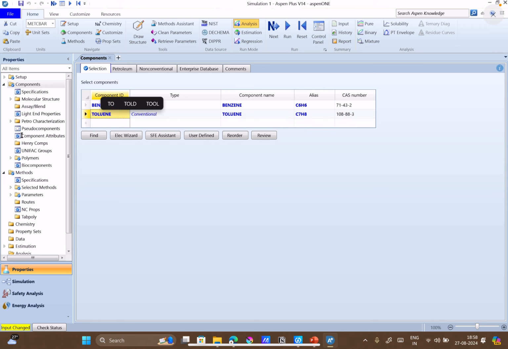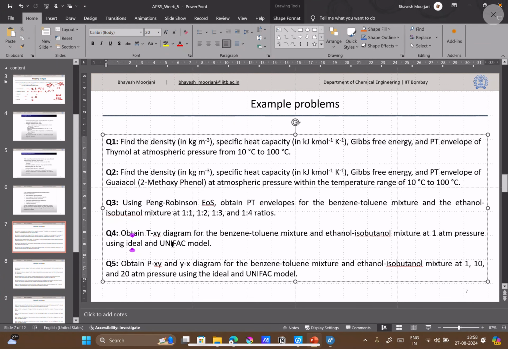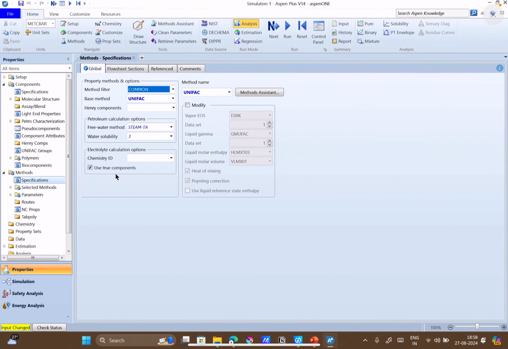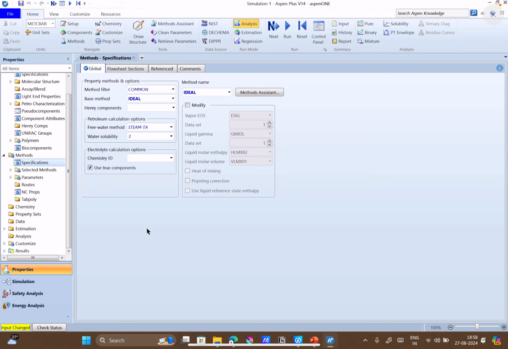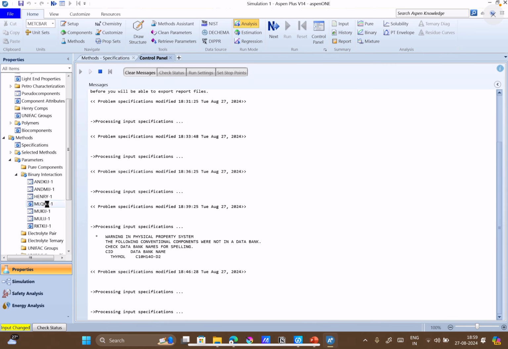The method is specified: one time we have to use Peng-Robinson, one time ideal, one time UNIFAC, and one time Peng-Robinson. So what I will do is add all. Ideal, okay, that has been added. The property.